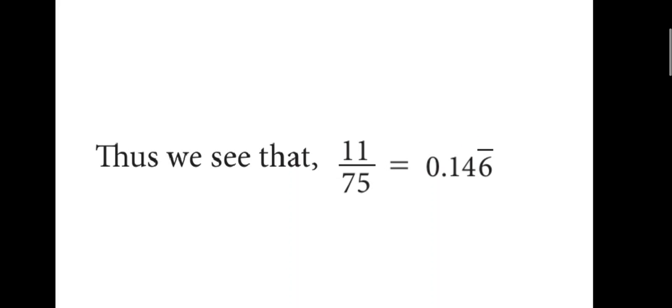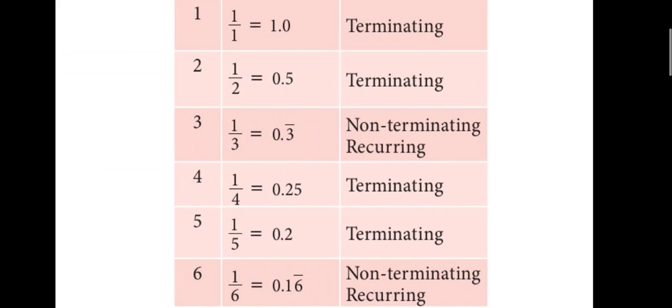So these two examples are the second type. So we can conclude, the first type is terminating. If the digits are not repeated after the decimal point, what is here? We have 1.0, so after the decimal point we can count the number of digits, that is only one digit. Similarly here also 0.5, there is only one digit, 5 only. So the first two are terminating decimal expansions.